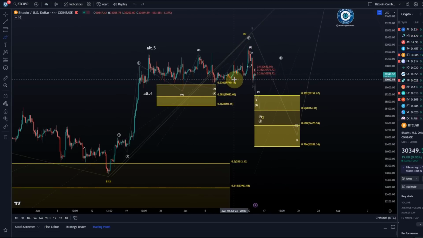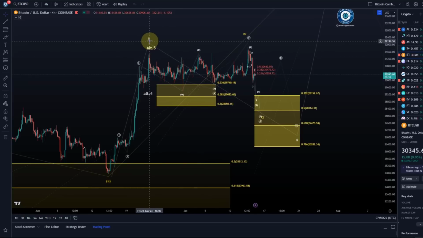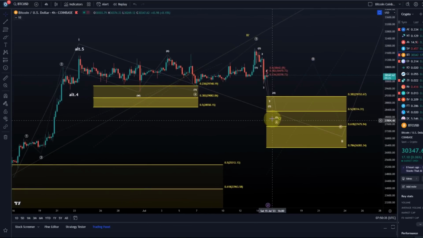In an alternative wave count, which would just be a different way of looking at it but would also lead to a further drop, I would say we came down in an A wave. We had an overshooting B wave, basically looking at a flat structure here. And this is now a C wave to the downside. So instead of the A wave, we're already in the C wave. But in both scenarios, we are basically in a wave 2.